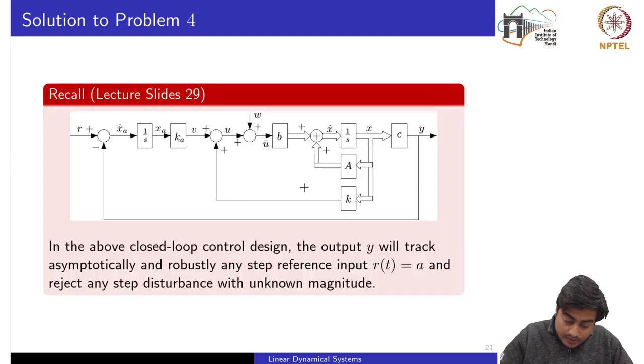So if we recall the lecture slides, slide 29, on which we discussed another closed loop architecture which ensured that the effect of this external disturbance onto y would be nullified. Okay, so the two design parameters are K and Ka. And to design this, first of all,